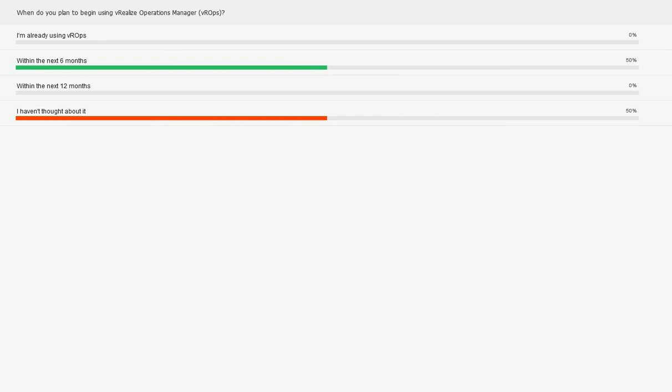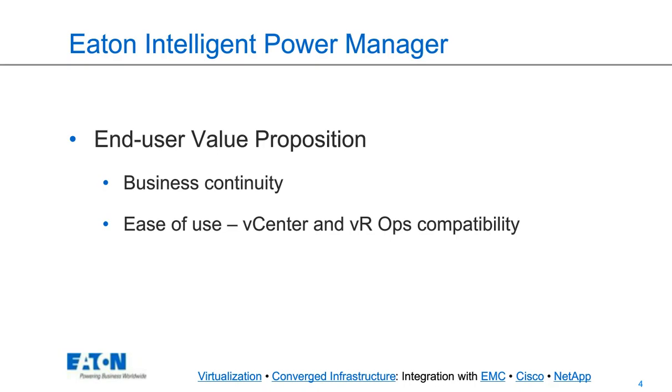All right, Dave, thanks very much. I'd like to talk for about 5 minutes about the value that Eaton's Intelligent Power Manager brings to the data center. I break the value into two pieces. One is business continuity, meaning that our goal is to keep mission-critical workloads running even in the event of a power or environmental disruption. For instance, if the utility power is out, or you lose the A side or B side in your rack, or even if a rack goes over the high temperature limit. We make IPM, which is short for Intelligent Power Manager, such that you can do your own configurations depending on what the alarms get. And the second thing is ease of use.